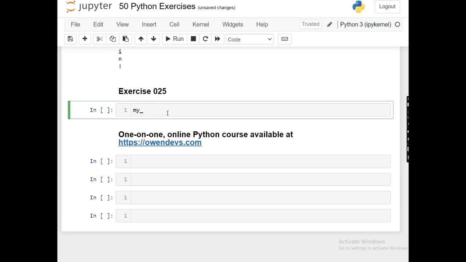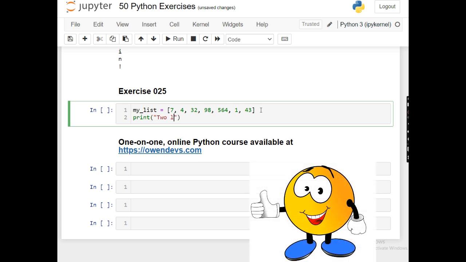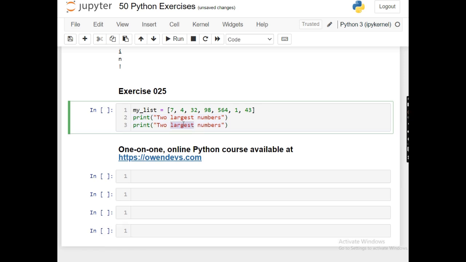My list equals 7, 4, 32, 98, 564, 1, 43. Any random numbers in random order. So print the two largest numbers and the two